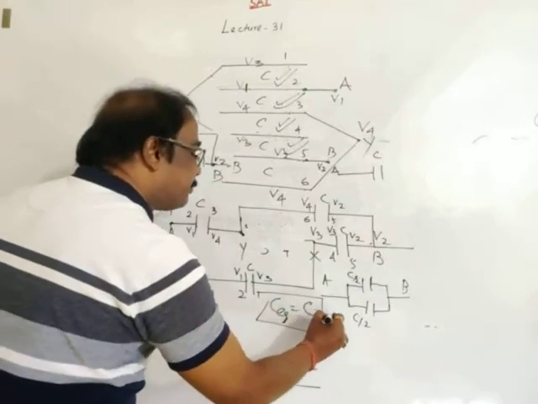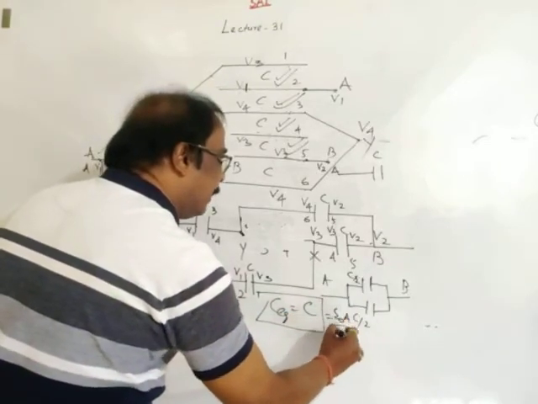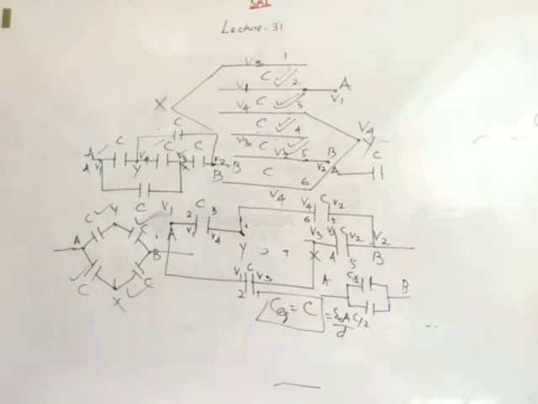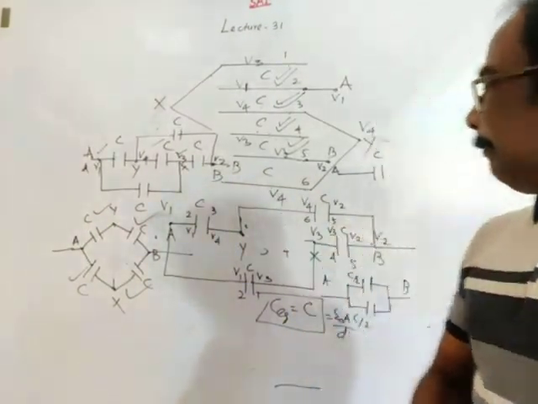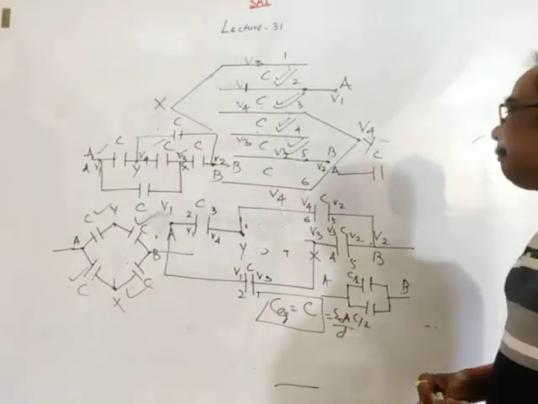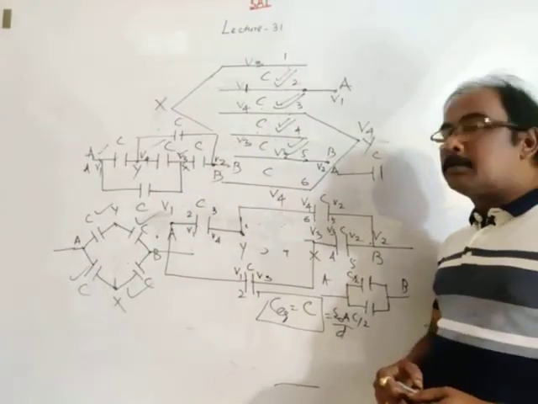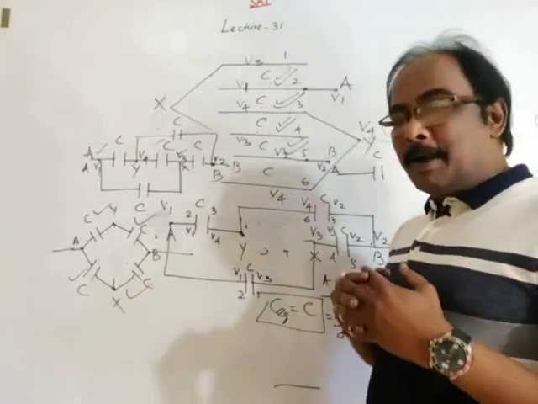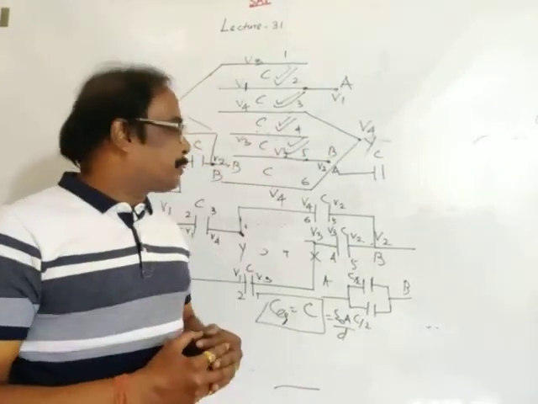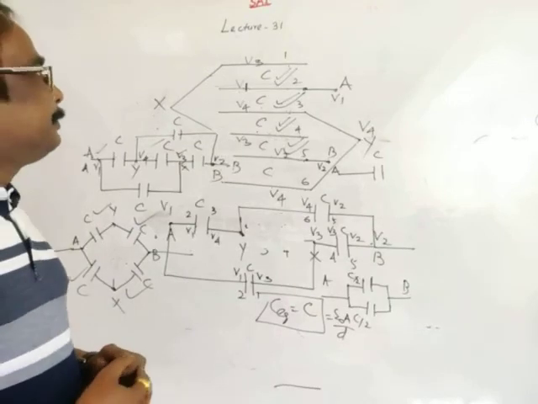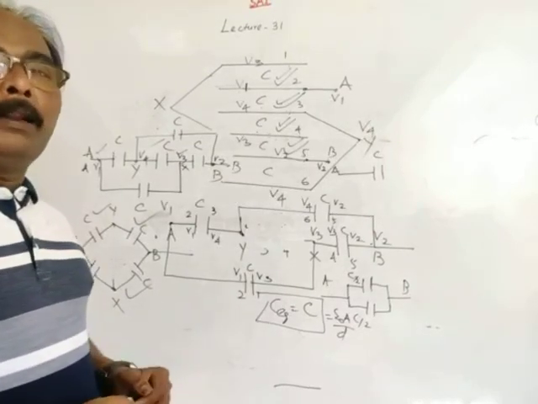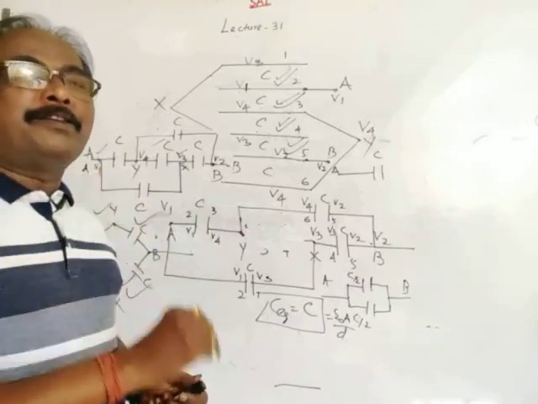Or you may write it as epsilon naught A by D. Is it easier? This is an application question. This may appear in your competitive exams like NEET or JEE. Practice all these questions. Just know the trick, how to apply the concept. Then multiple plate capacitors will be very, very easy for you.